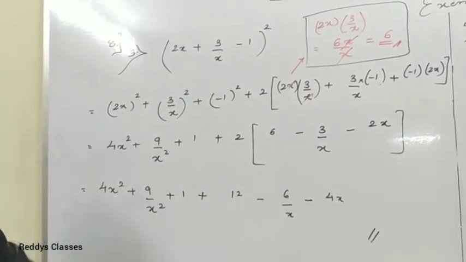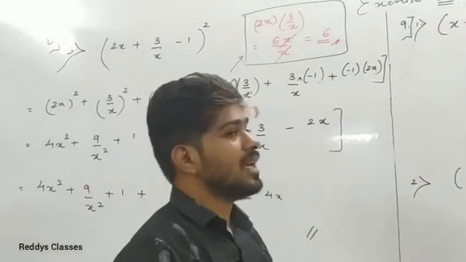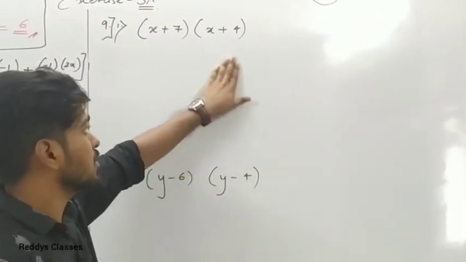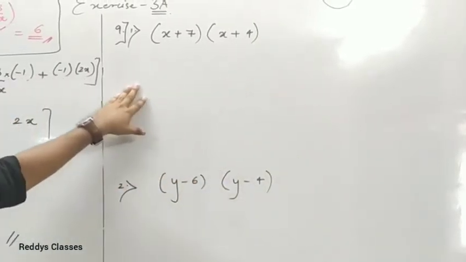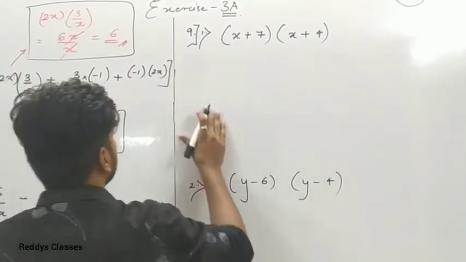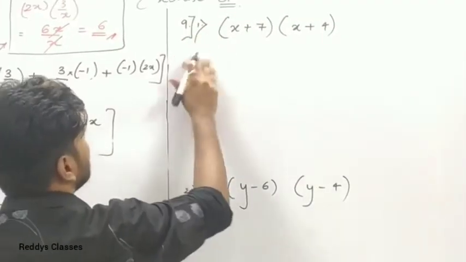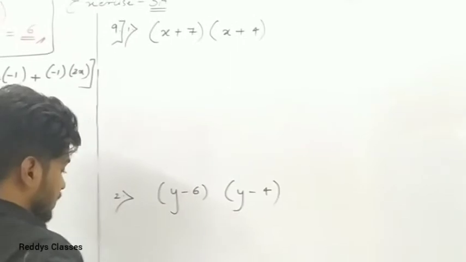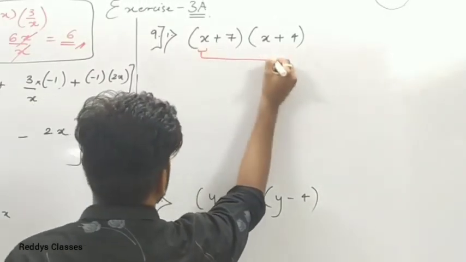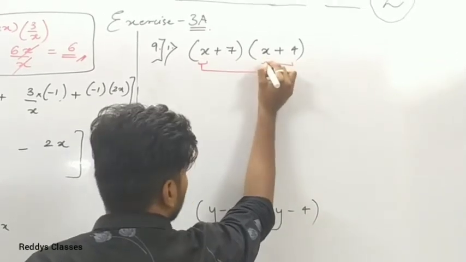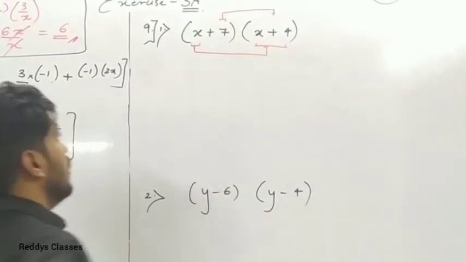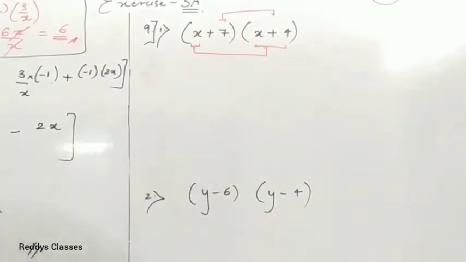You have to solve the second question here. We have the ninth question. See this question. This is a very simple question. It's not anything hard here. What do we have to use here? See. First of all, what we are going to do, let us use this term for this whole and then this term for this whole. Okay. So how are we going to solve this?